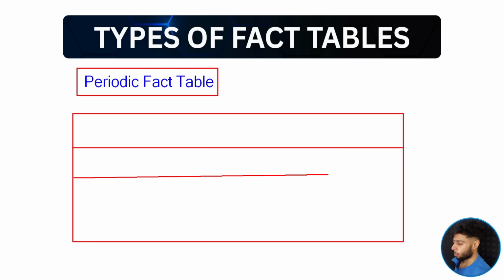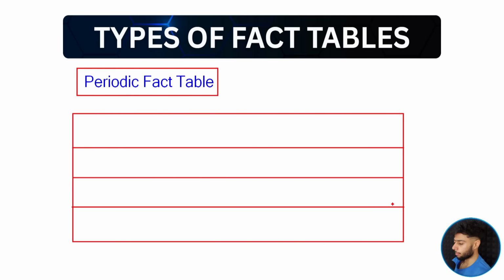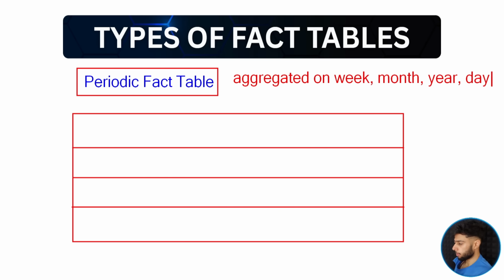Okay, so the granularity of this particular table will not be dependent on the values of your order ID or any of those key columns. Here each row will be aggregated based on, let's say, week, maybe month, maybe year, maybe day. So it depends. But this will be the aggregated version of your fact table, in which you will say, hey,